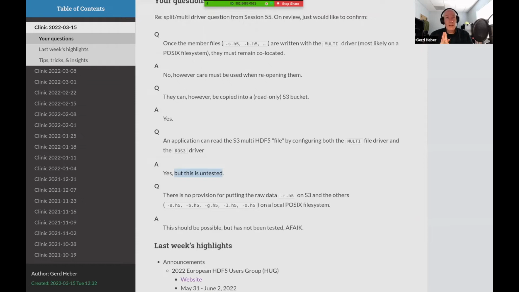Now, ideally, of course, you would like to be able to do a trick, as I just said, where you would like to use the core VFD, let's say, for the metadata, because that way you would basically load all metadata into memory, and that's as fast as it can be as far as metadata accesses go, and then have the raw or the non-metadata portion, so to speak, point at a blob in S3 or something like that. That's what you want. But then again, that's where you hit this limitation of, you would have to find a way to